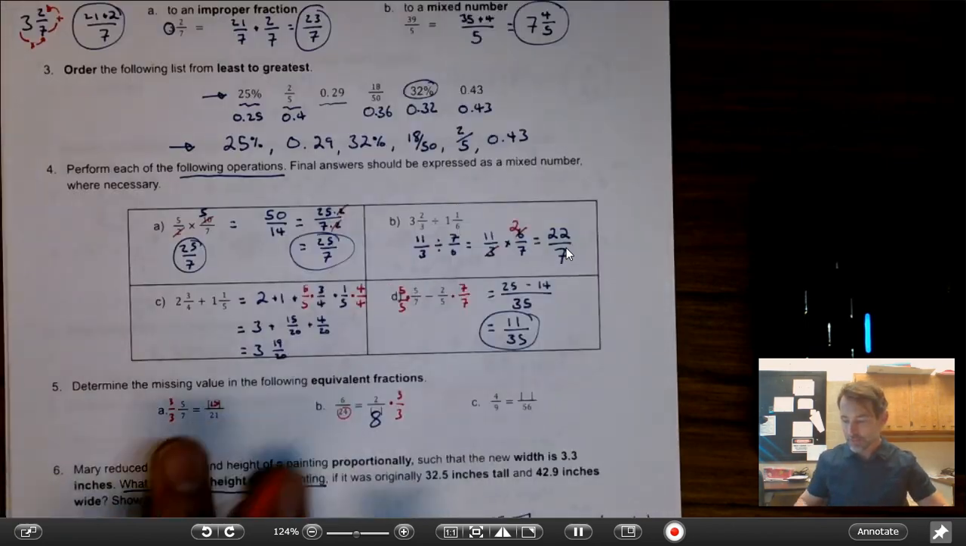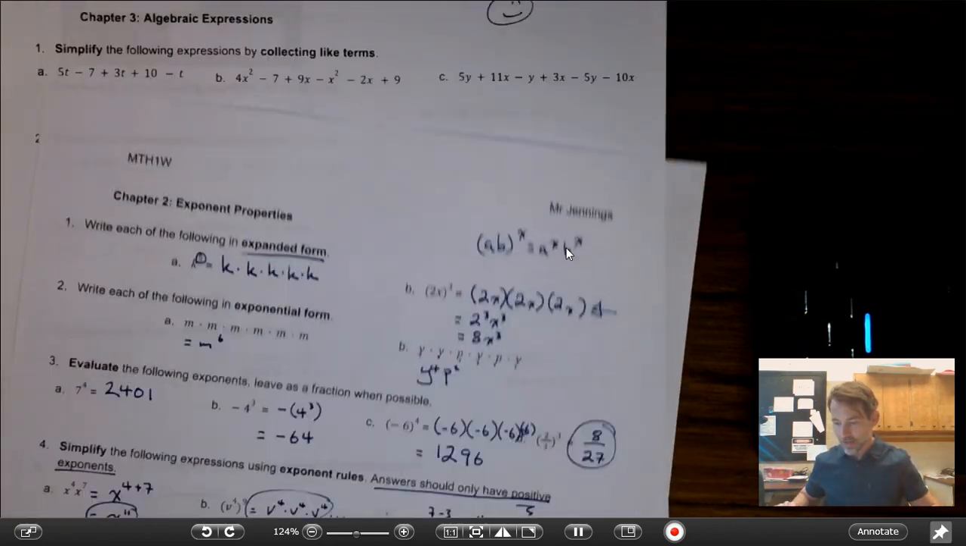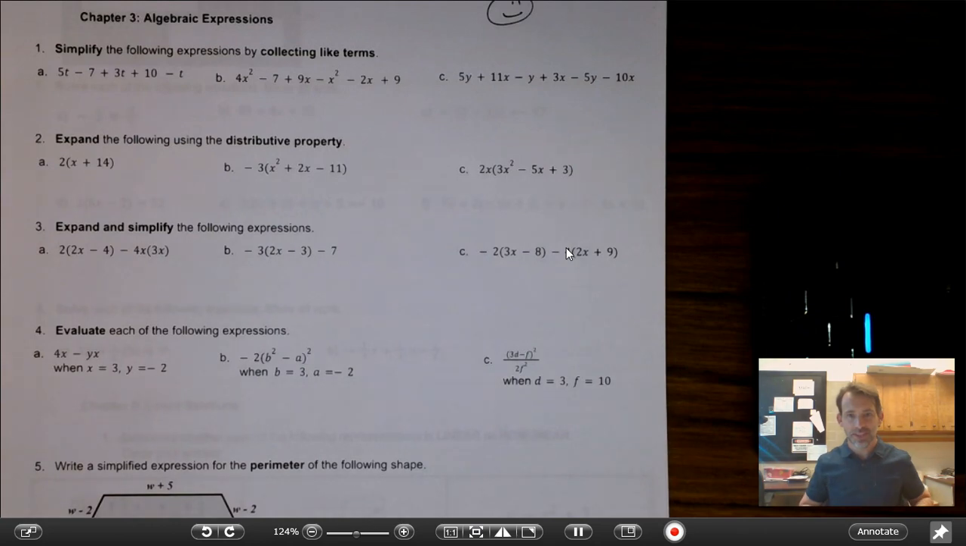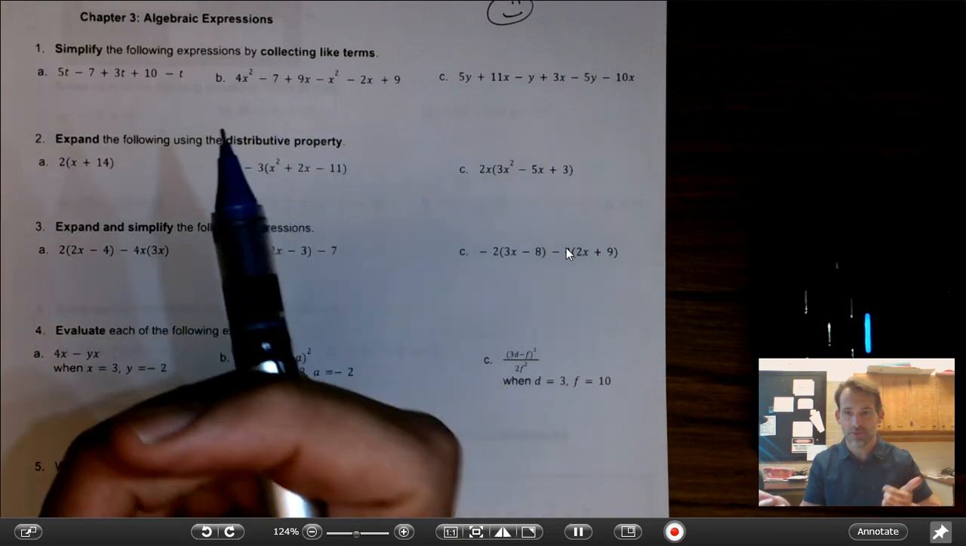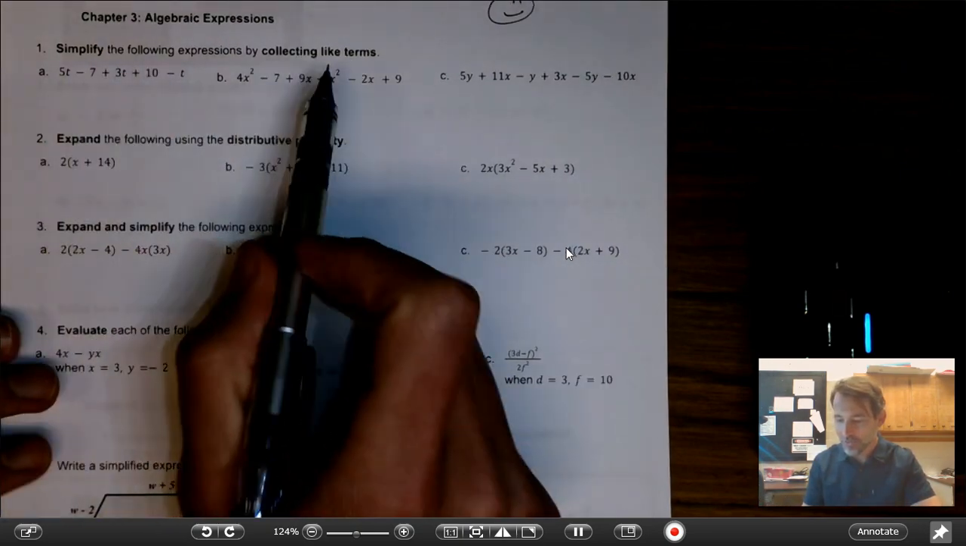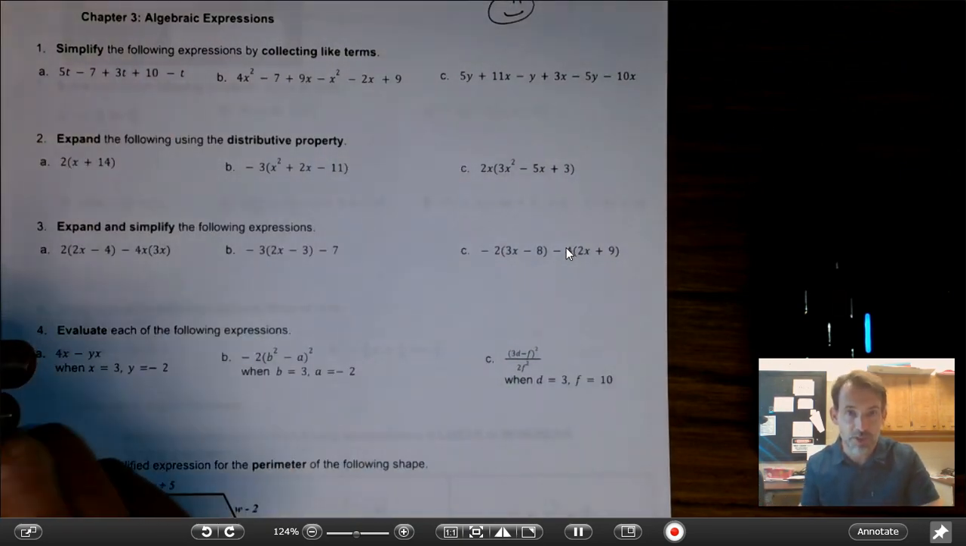Okay? So, you want to have a nice marked up copy of the exam review for yourself as well. All right, let's go. I actually took this question off of the exam review. So there you go. All right, we're going to start right away with simplifying the following expressions by collecting like